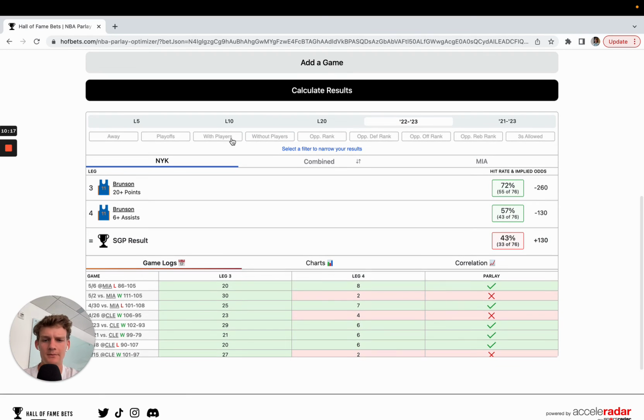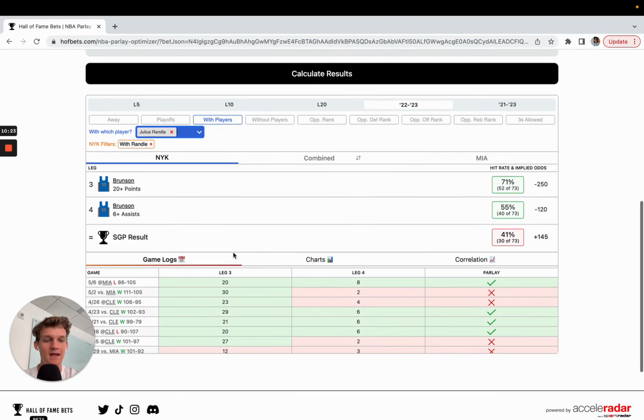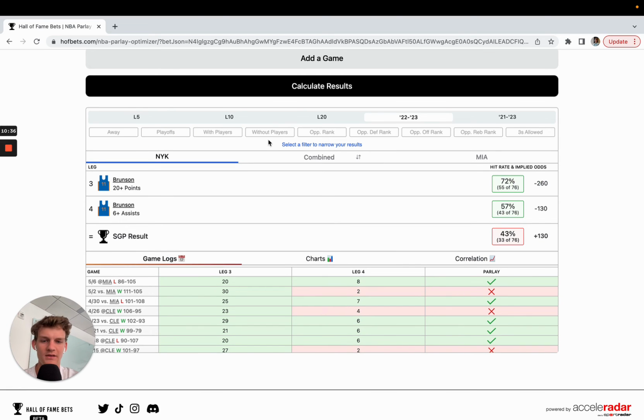Obviously, we remember Randall was out for a little bit, so we could look at games. How has Brunson performed in games when Randall has played? And as we can see for the season, his stats actually have gone down just a small percent, so not that big. But let's see in the playoffs. Yeah, so with Randall, again, not too big of a difference there as well. But a good example of how to use the with or without player filter to do your parlay